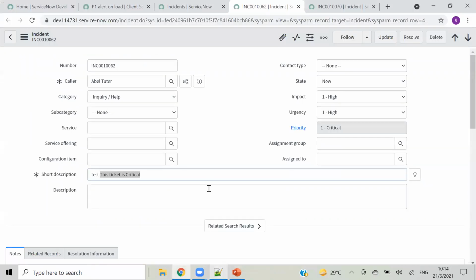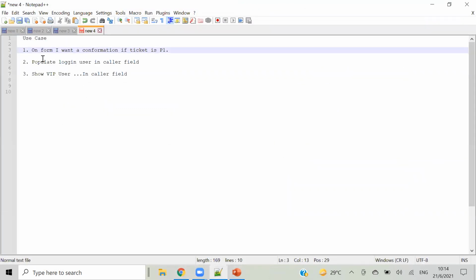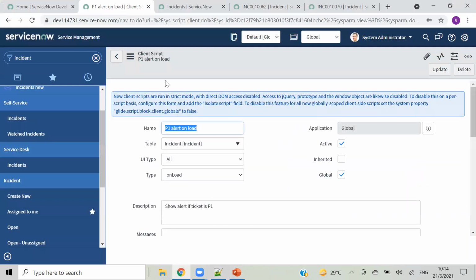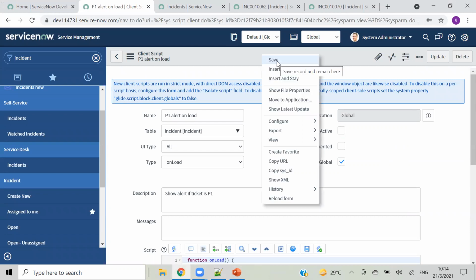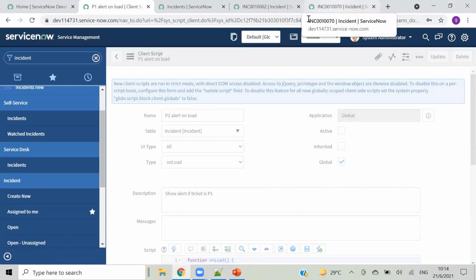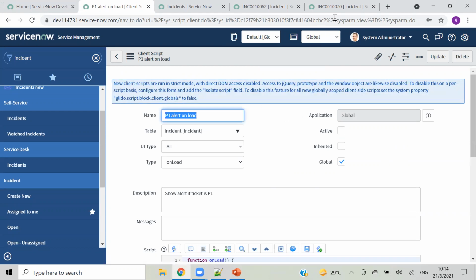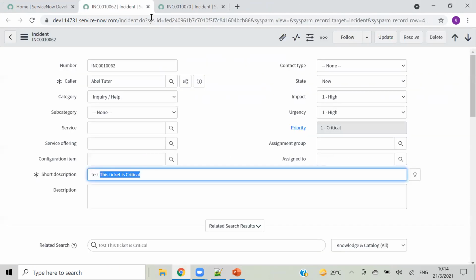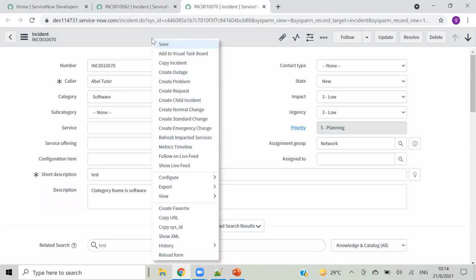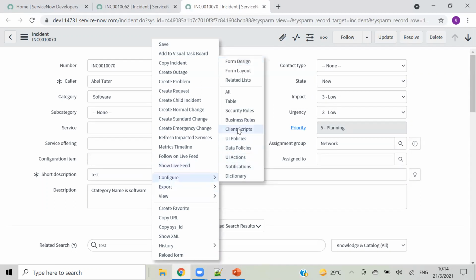Okay, so the next thing is one more scenario: populate the login user in the caller field. For that, first I will disable this. I have made this inactive, so it will not run again. Going to new, Configuration, then client script.